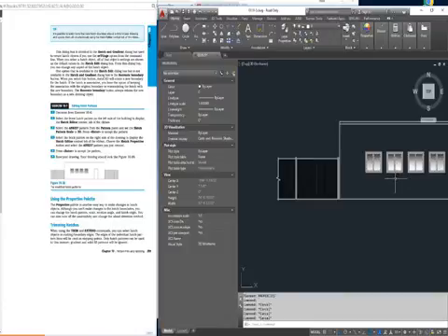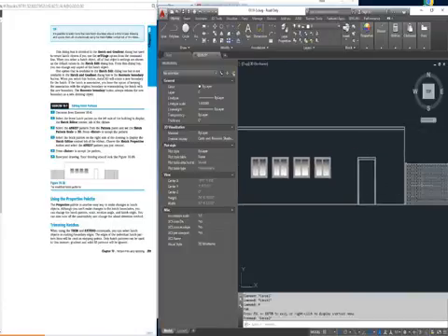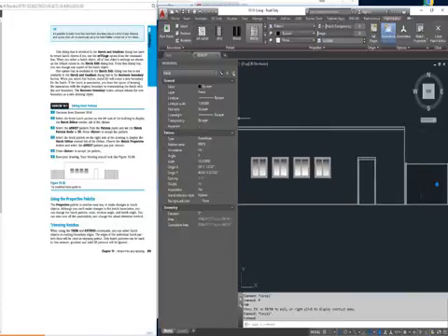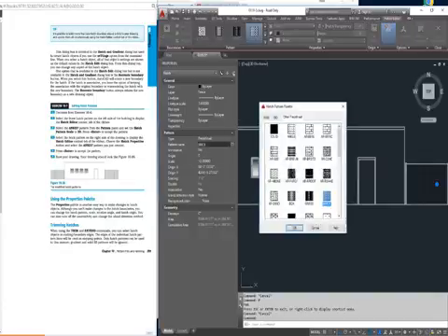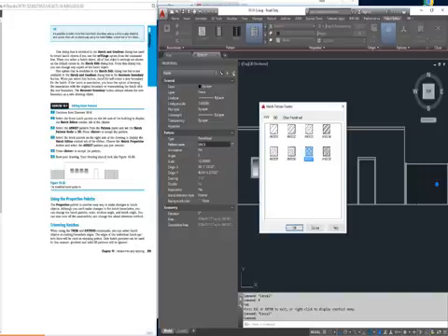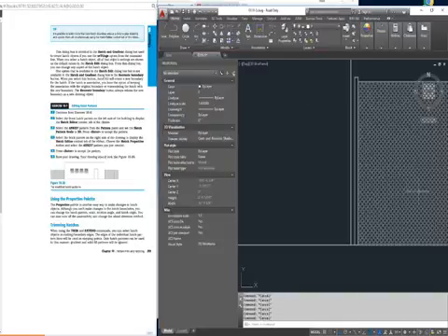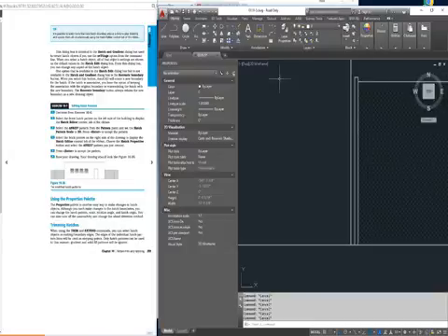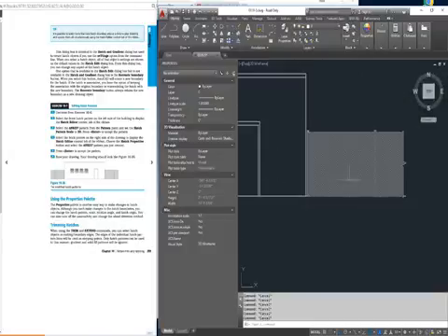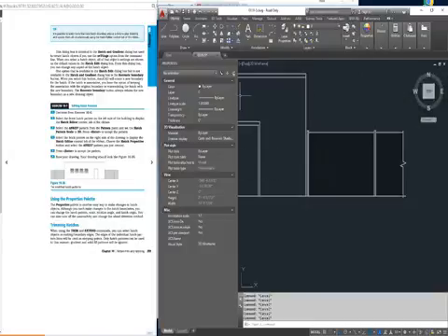So let me do that again. Select my hatch pattern, go over here to the properties, and select ANSI 37, and I'll have my fence pattern here. I could have done the match properties like it says. You can go back and do that if you need to. And that completes